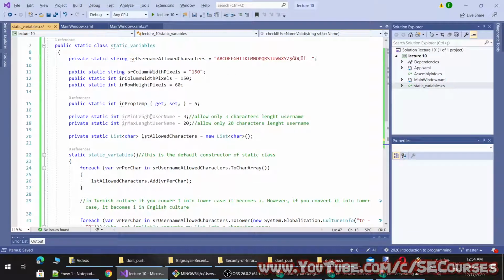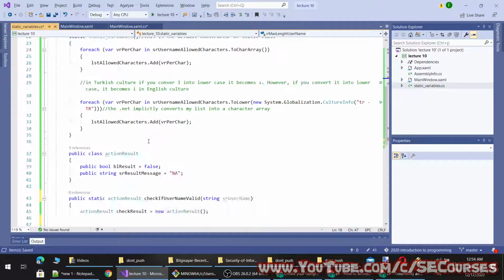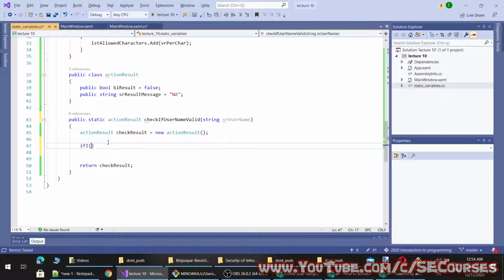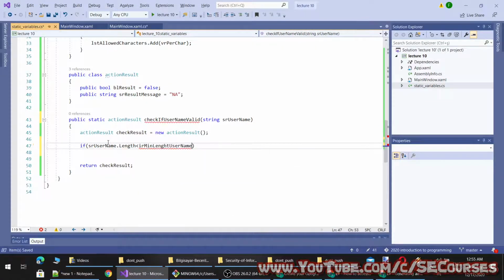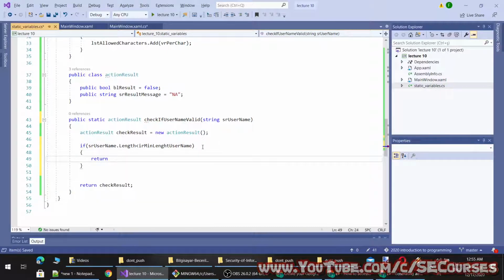Our first check will be min length and max length. So if sr username length is smaller than ir min length, you see this is a private value, therefore it has a lock item. I will return check result. How can we do that? Yeah, let's make it like this.